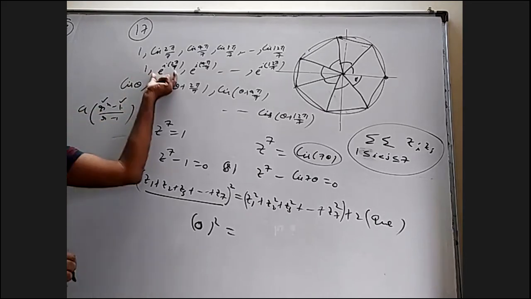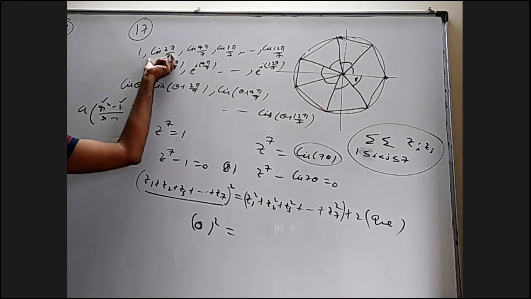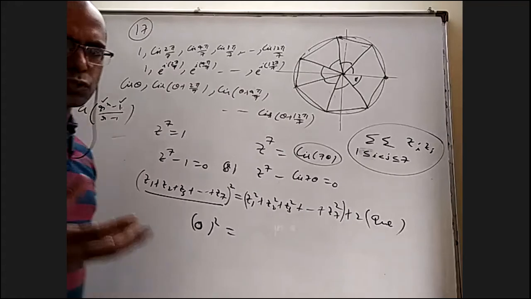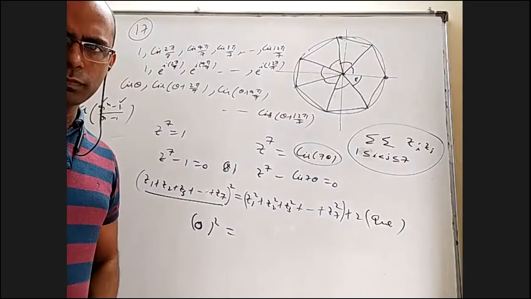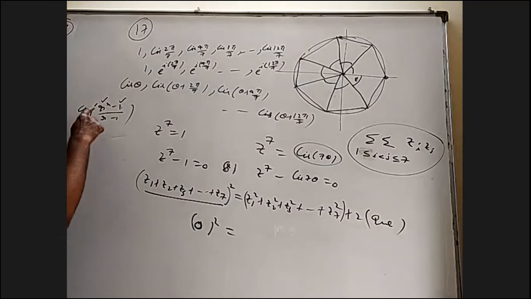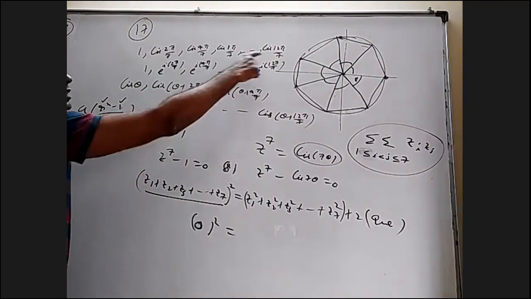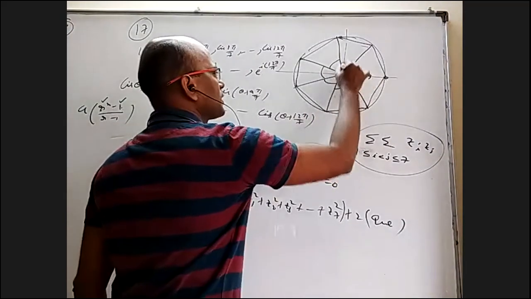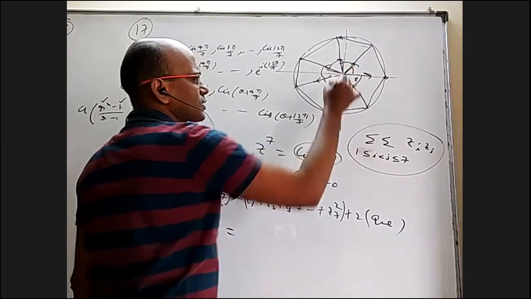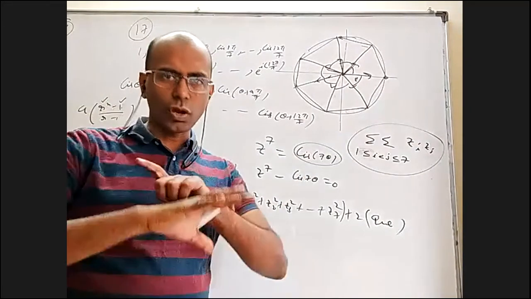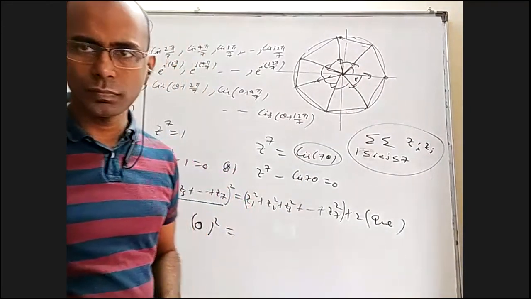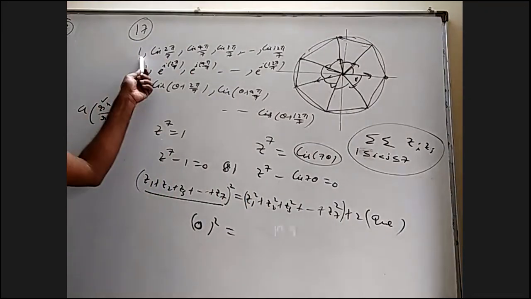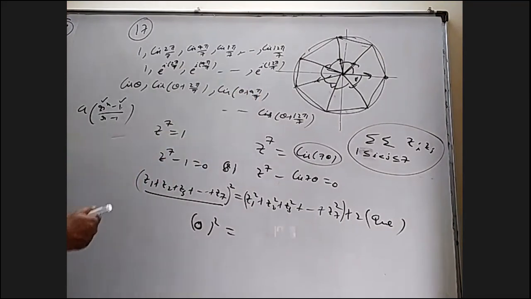Because what is the power 7 of this? This is e power i into 2 pi, or e power i into 2 pi is how much? 1 only, right? Okay. So this is 1 and this is 1, this is 0. That's why sum of all these things is 0. Even without that, after all, these are 7 forces acting on a particle. If in your physics, on a particle, you are applying 7 forces all at equal angles, what is the net force? 0. Right?